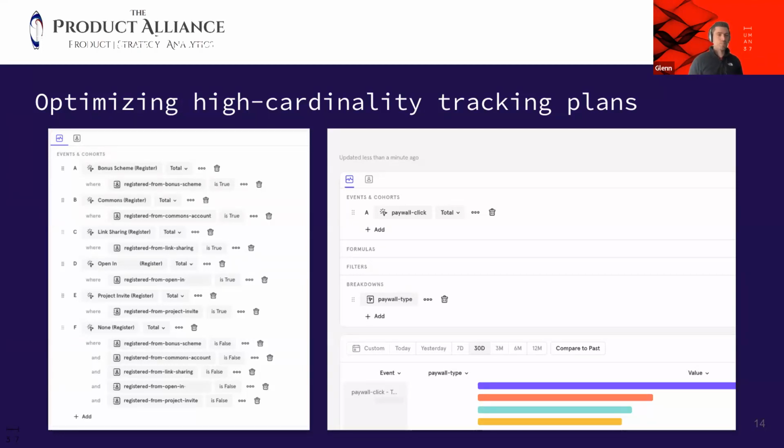The thing is, getting that implemented is one thing, maintaining it is a second, but then finding your way in it as an analyst who did not implement it is an absolute nightmare. As a result, you're going to make a lot of mistakes. You potentially could get the data out of there, but you're still going to make interpretation mistakes because you don't know the difference between the 3,000 events or the subset of 100 events that are very similar. Pinpointing a question is very hard, while if you use breakdowns or filters on top of a single event, the context is there to be filtered down into and not to be summed up.